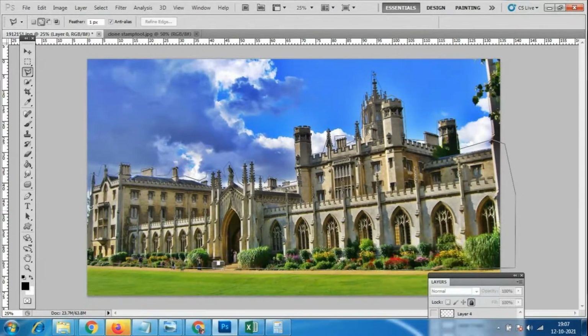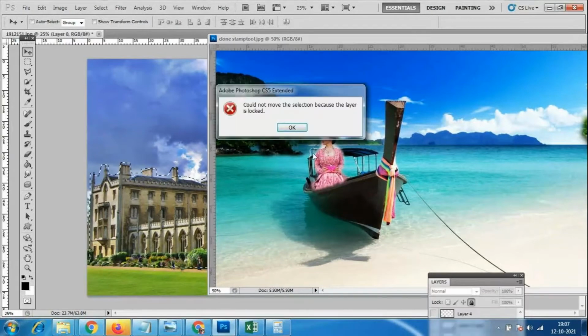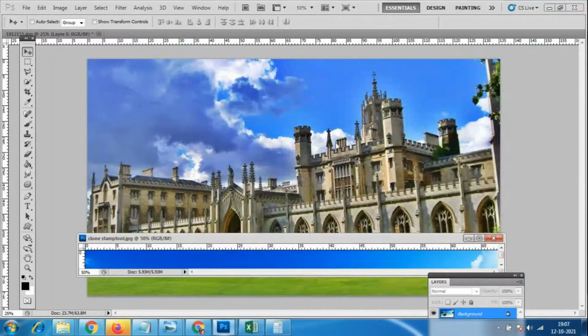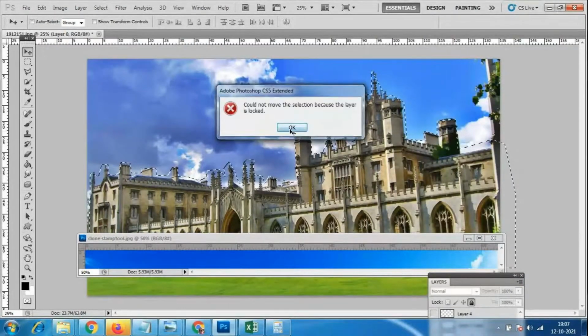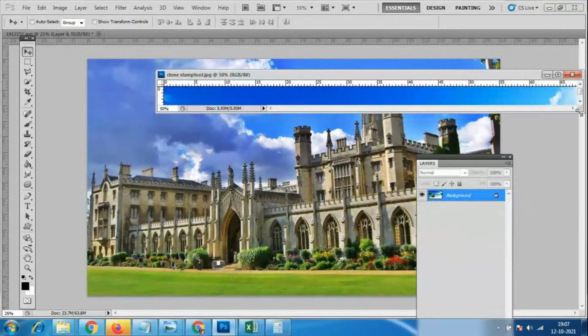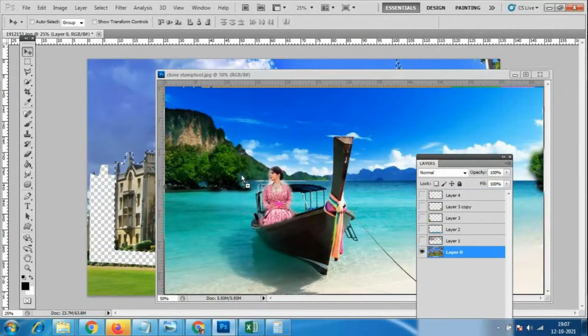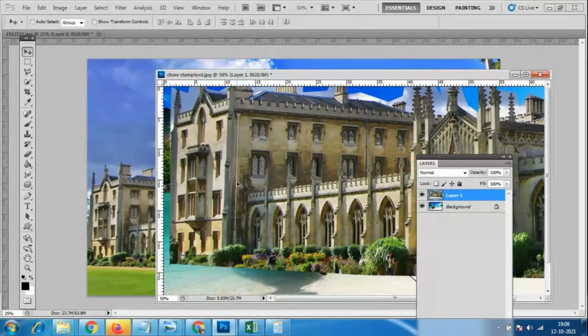And I have started here. Okay, only this much I wanted. So I'll go to here. Now from here to, okay, could not move. So what is the problem with the file? I'll unlock this layer. I'll go to this file and click from here to here. If this problem comes, at that time we have to use this option.